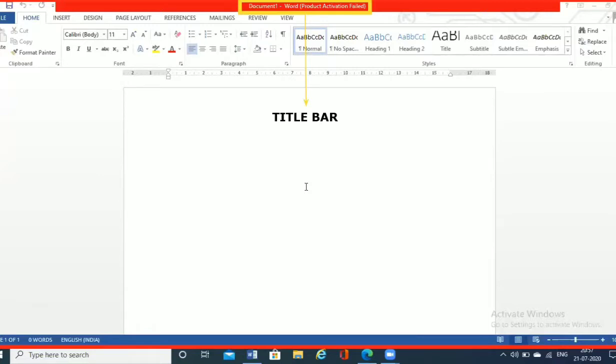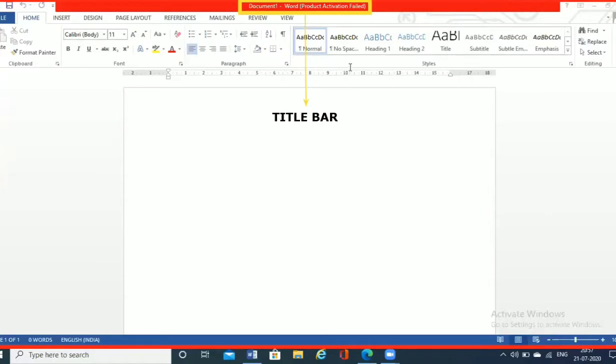So if I'm creating a document related to a computer subject, I'll name this file computer. So the title comes here. By default, the title is always Document1. You can change the name of the document according to your choice.